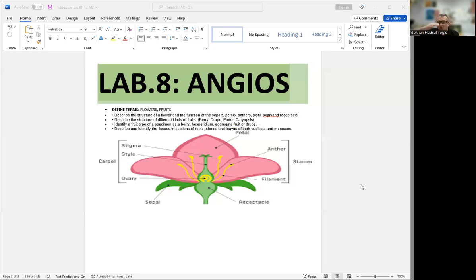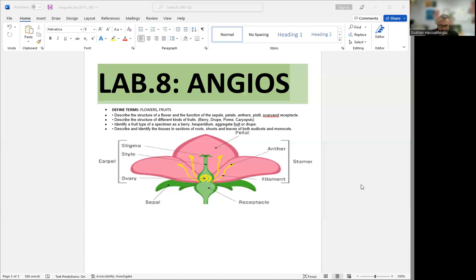So flower always goes to fruit. And if the flower is simple, fruit can be simple. If the flower is complex, compound, fruit can be compound. And we have two classes under this Angiosperms. There is only one phylum and 250,000 species, two classes, monocots and eudicots under this group. And monocots have fewer petals in the flower. Dicots have more petals, 4 or 5 petals in their flowers.